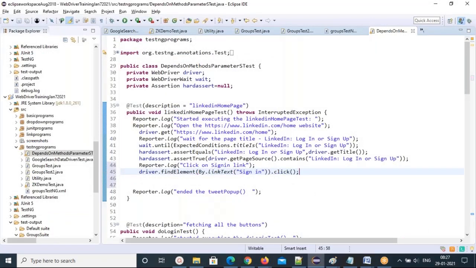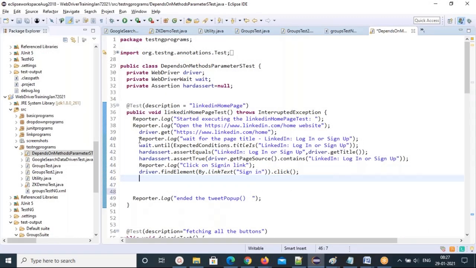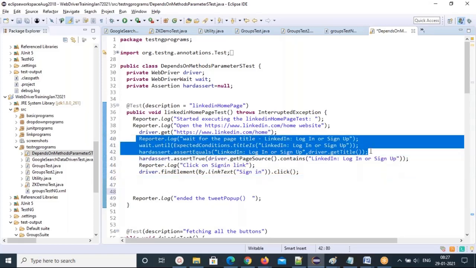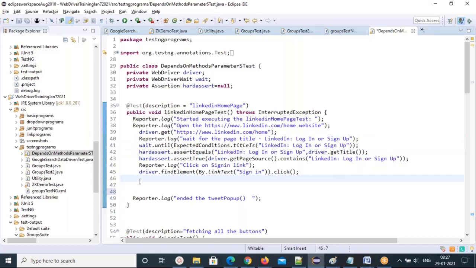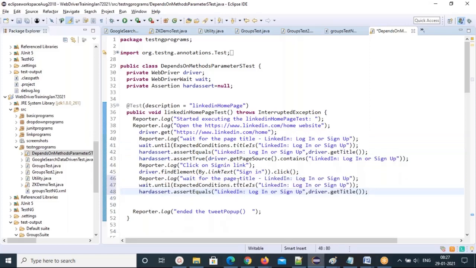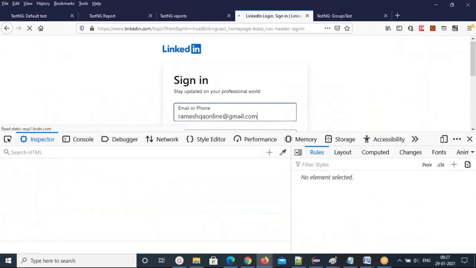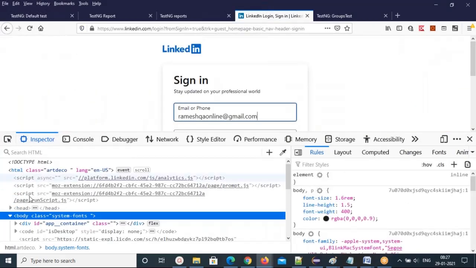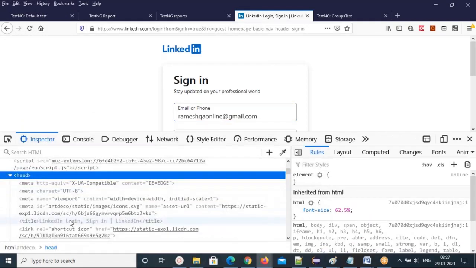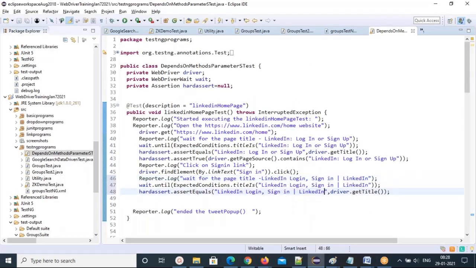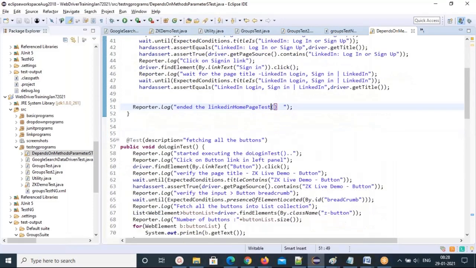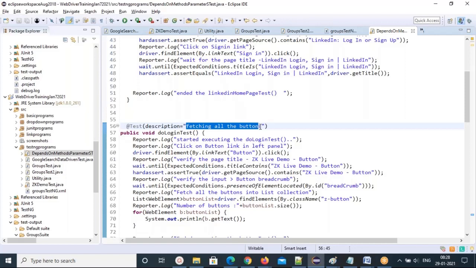Dot click. Then I need to verify the next page title. So I'm just verifying the next page title. This is what we are going to do. So wait for the page title. The page title will change. You click on this, it will go to the next page, right? That's a login. So this page title you need to get. Go to the header tag again, title tag. This is the title tag. You can look for this page title, right? So this is what I want to do in the first test case. Okay, we are done now. So I'm going to my login test. In the login test, what we need to do is a login.